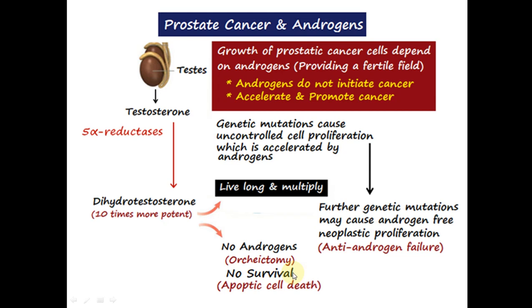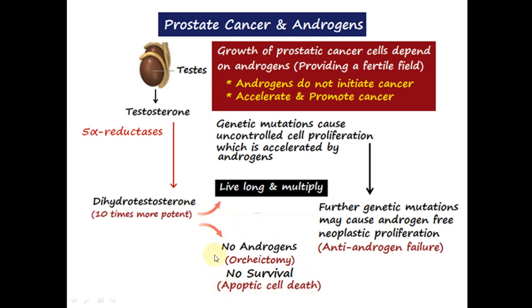So by this we mean that the androgens, and particularly the dihydrotestosterone formed by the conversion of testosterone by the enzyme 5-alpha reductase, have a very specific and important role in prostatic hyperplasia and